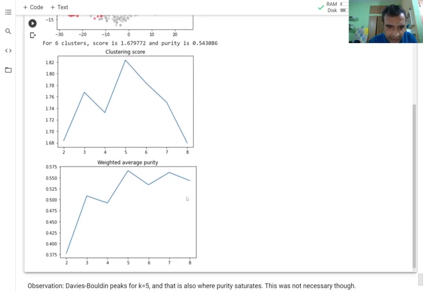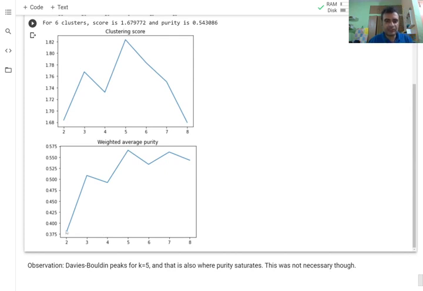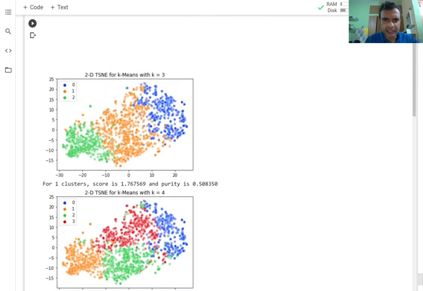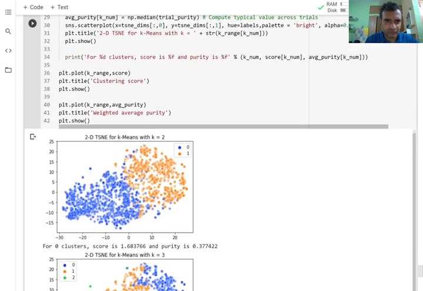And if you look at the cluster average weighted purity of the cluster, which is basically how many different classes are there in a single cluster on average, I want it to be skewed towards only one class as opposed to a mix of classes. So 0 means 50-50 both classes and 1 means only one class. I can see that it also kind of saturates around 5. So it's intuitively satisfying that both of these metrics are kind of coinciding. Here I'm using class information. Actual clustering wouldn't use class information.